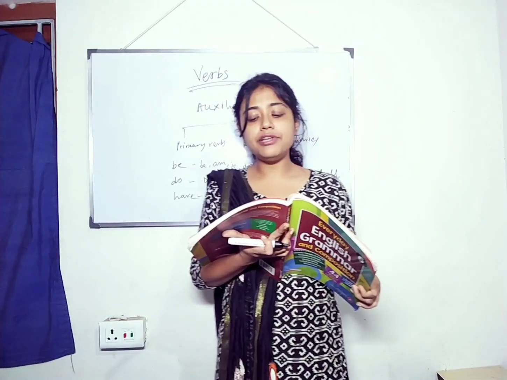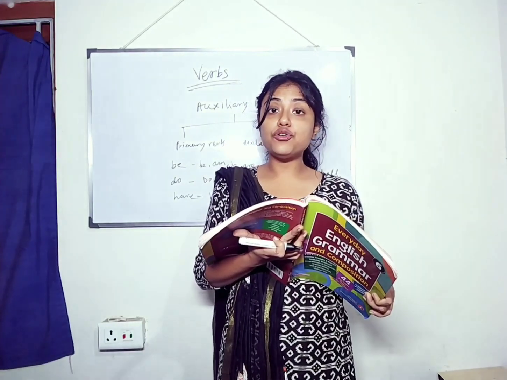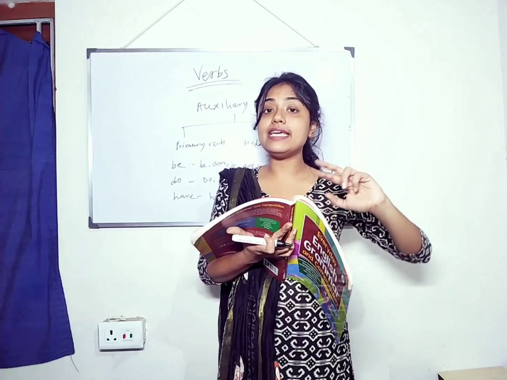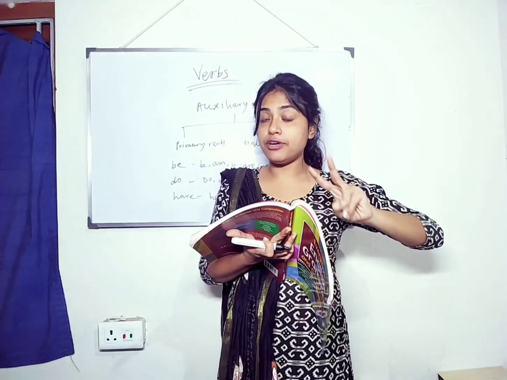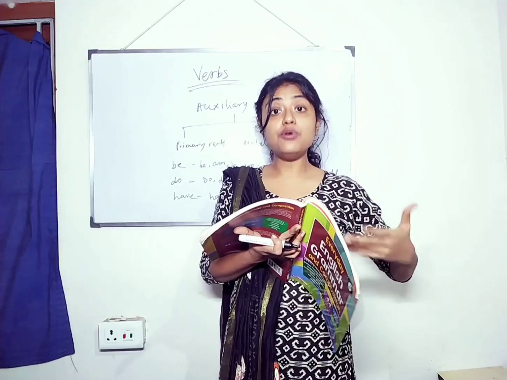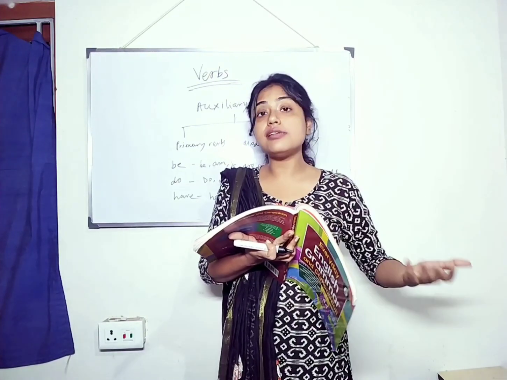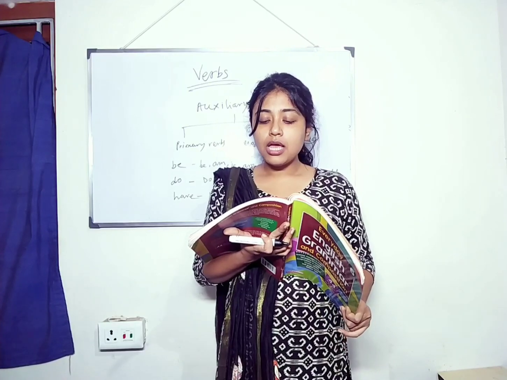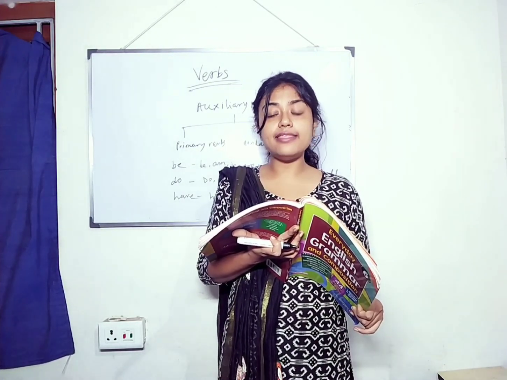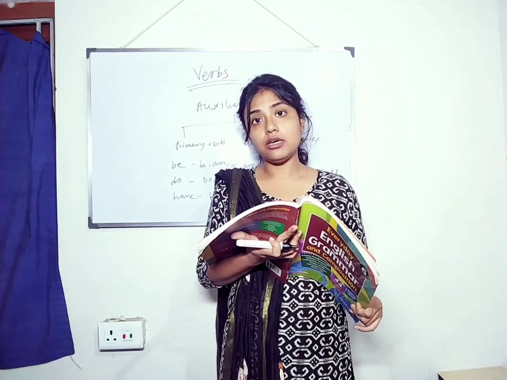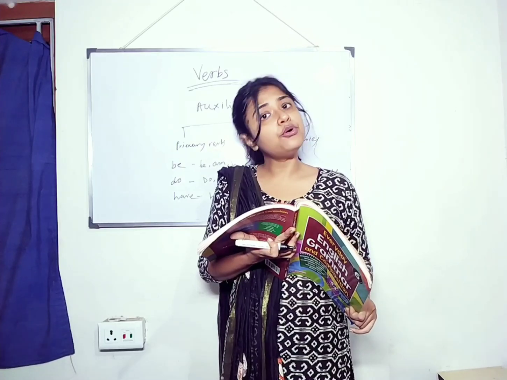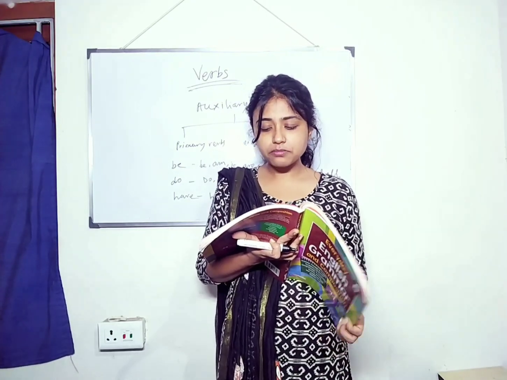You can have the cake now. It shows what? Permission. You can have. So, we can see here can is having two different usages. First is ability, second is permission. You can have, means someone is allowing you to have. Then could. You could feed the dog in the evening. By the sentence you can understand this is a suggestion.